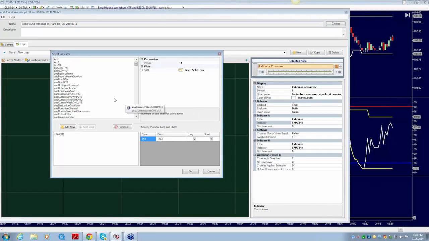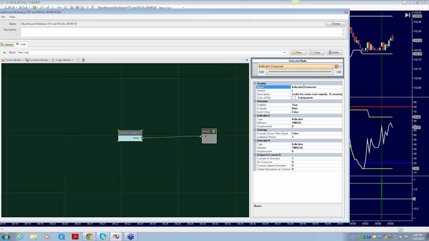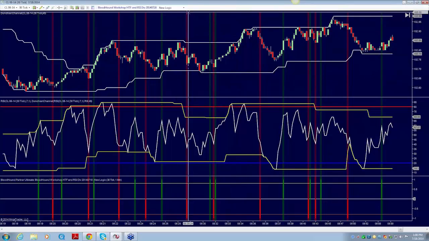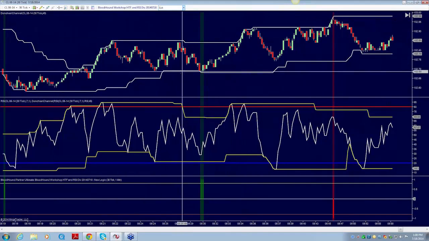Let's just say you got a 314 crossover. Brain's not working. All right. This is your entry. We save that. So that's our entry. This could be an exit. All right, so